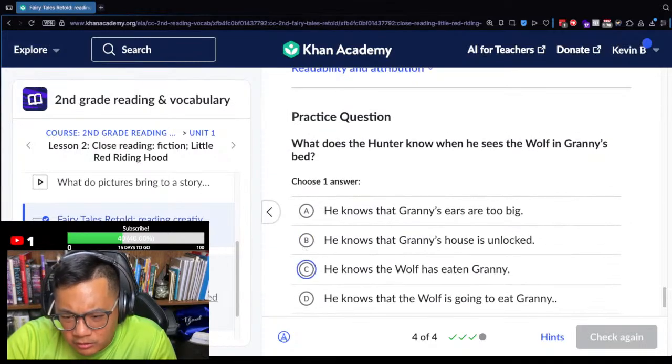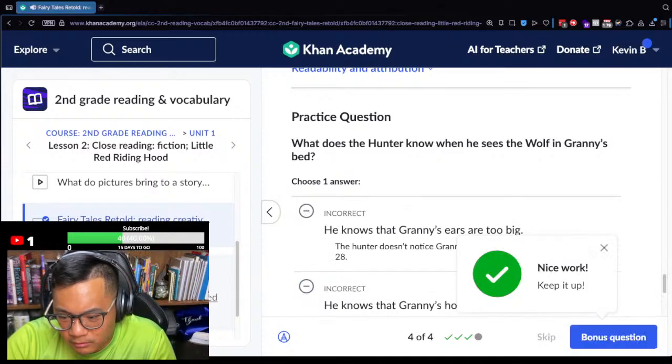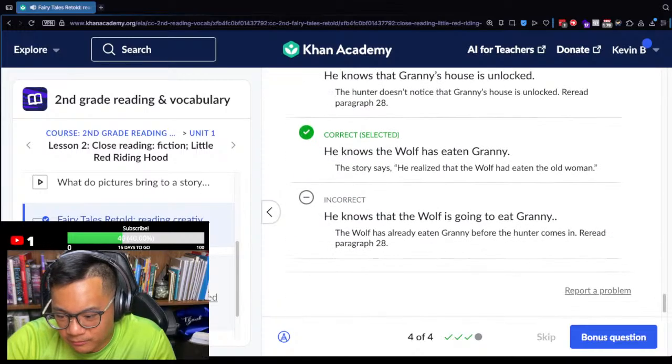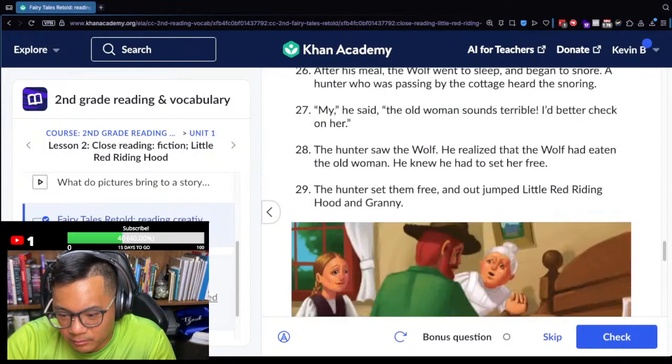How does a hunter know when he sees the wolf in Granny's bed? What does the hunter know when he sees the Granny? There you go. Got one wrong. Bonus question.